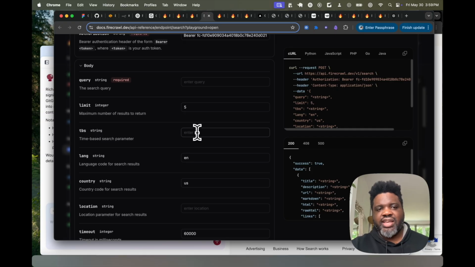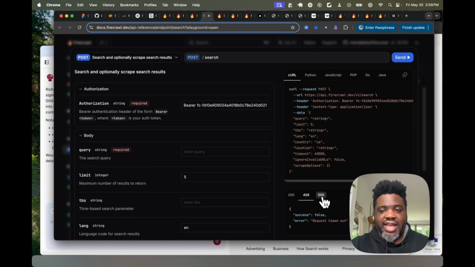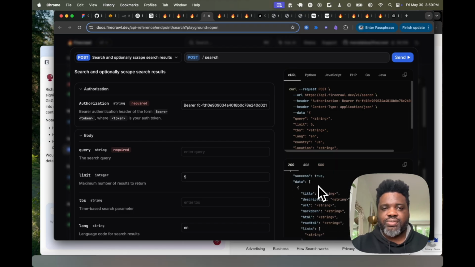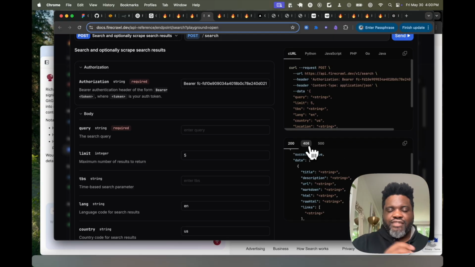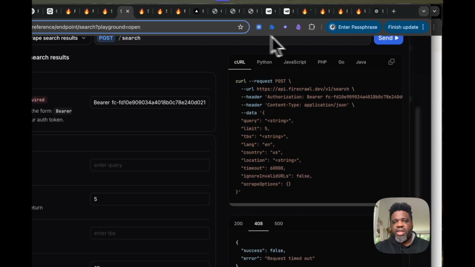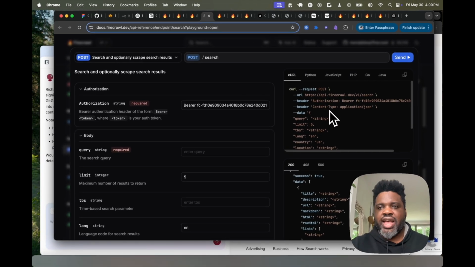So if you're curious to see how the time-based search parameter works, you can just type it over here, language and so on, and generate a response. So it's a good place for you to test how it would work and what kind of responses you will get. Since I'm coding with applications like Cursor and I'm vibe coding, what I often do is I copy the response that I'm expecting and feed that to Cursor so that Cursor has some context in terms of what to do when there's a success response, when there's a failure, or when there's timeout. And I oftentimes will also copy the query, making sure to not include the key right here, and feed it to Cursor so that it has an understanding of how to actually use that so that it has enough context